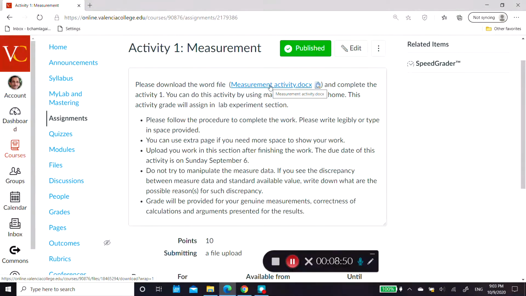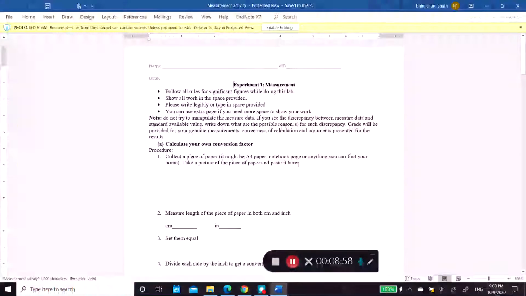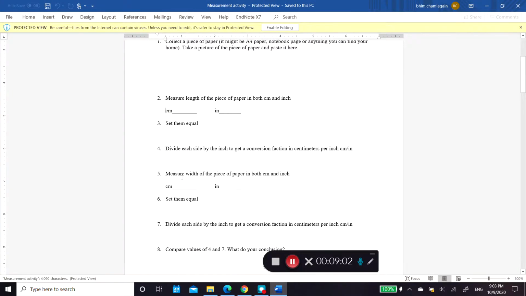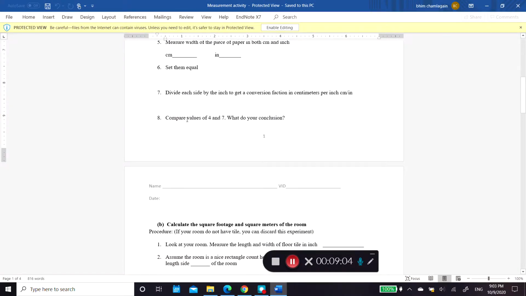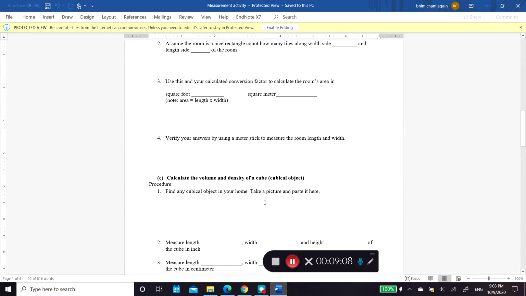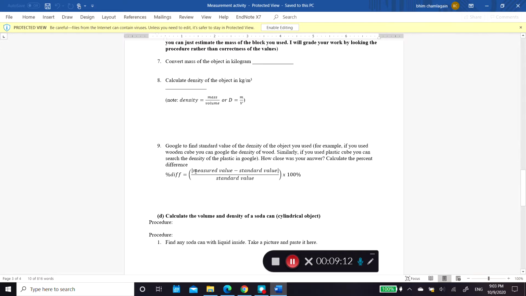They do a bunch of measurements and write them down, then compare values, calculate, and sometimes find the percent difference from the standard value, to see how close their measurements are.